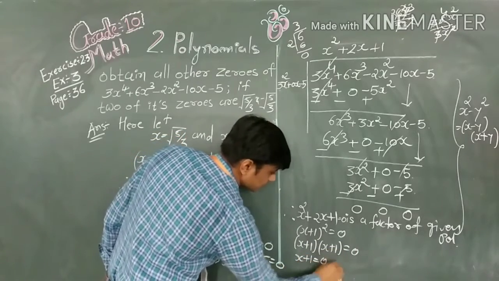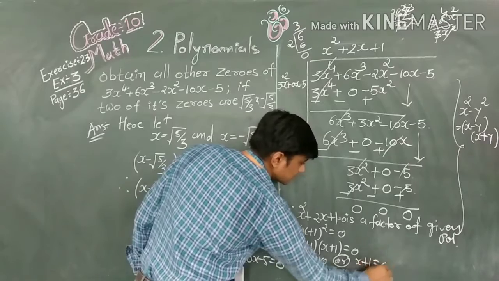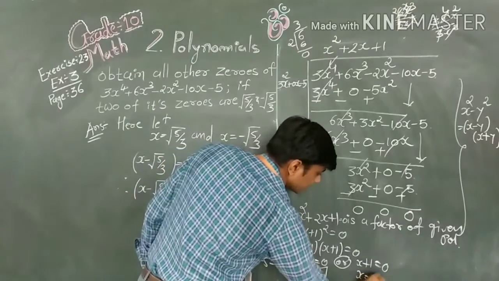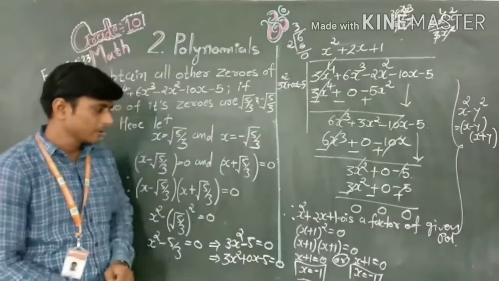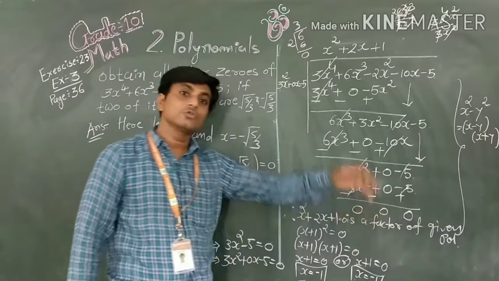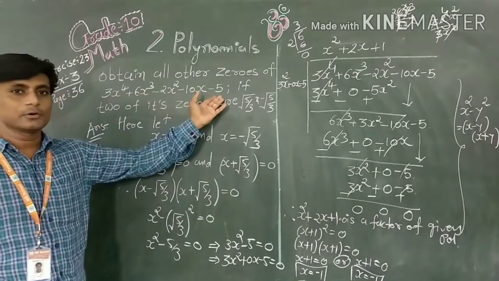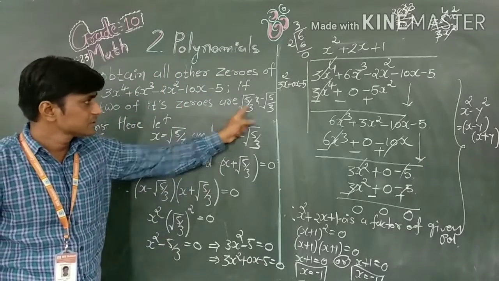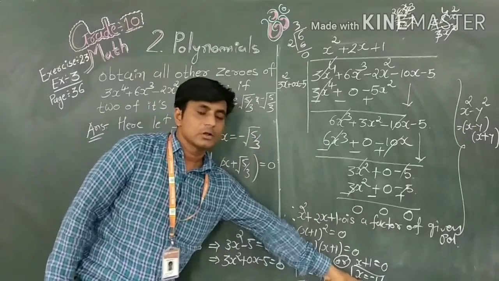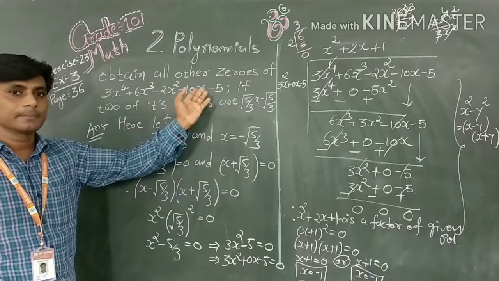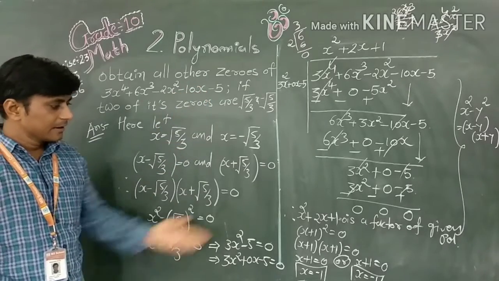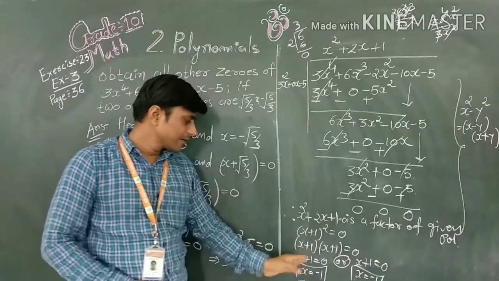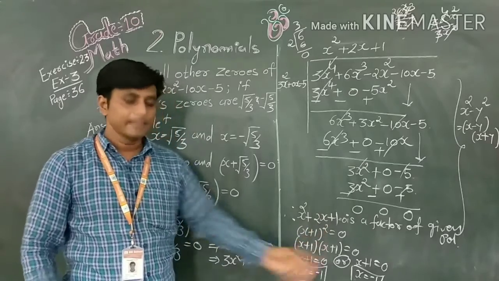That means x plus 1 is equal to 0 or x plus 1 is equal to 0. Now what is the value of x? -1. And here in a similar way again we have -1. Therefore -1 and -1 are two other zeros of this given polynomial. In this polynomial, it has 4 zeros: first, second, third and fourth. All are zeros of this polynomial. We obtain the remaining 2 zeros. Therefore, we write the final answer. Therefore, our required zeros are -1 and -1.